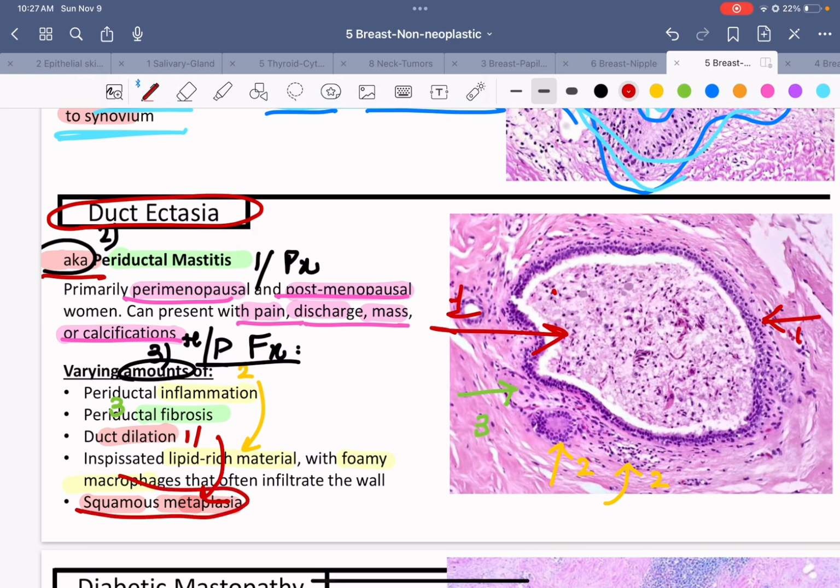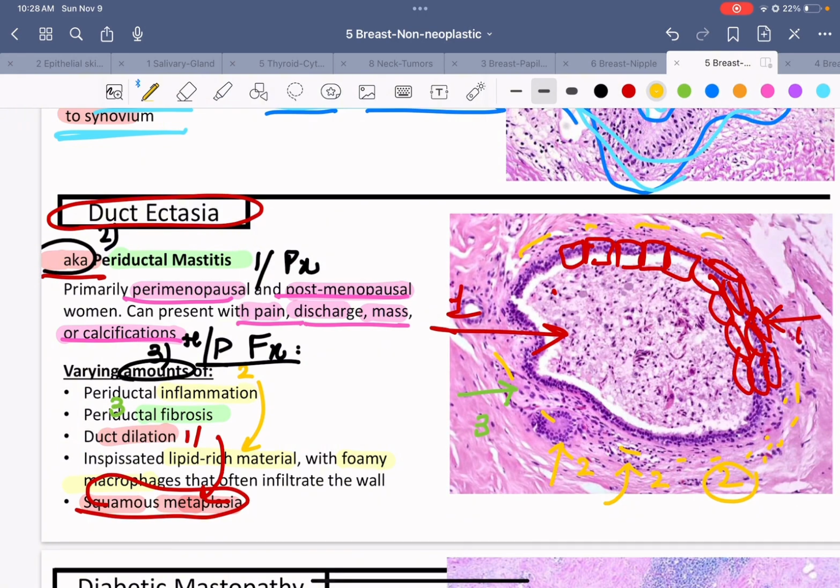And then the duct lining can again, as always, as a result of infection, inflammation, the duct lining, which is normal cuboidal, tries to become hardy and resistant as a result of the chronic inflammation and becomes squamous. So you can find that duct that is very dilated, and the duct can have a stratified squamous lining and is undergoing squamous metaplasia. This is our point number one. Then number two, what will you find around this duct? Number two, you can find periductal inflammation around the duct, right?